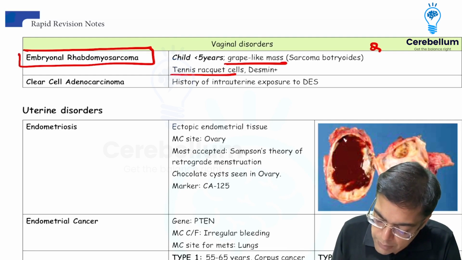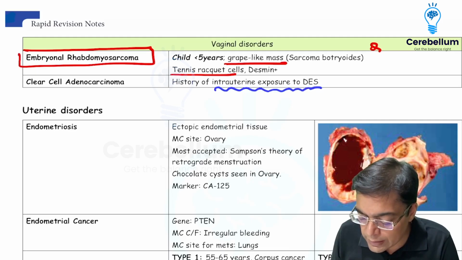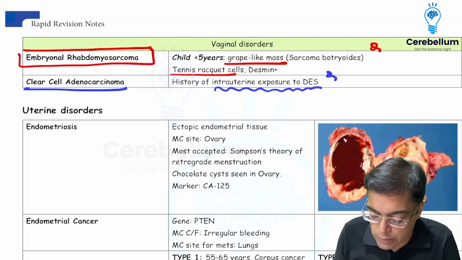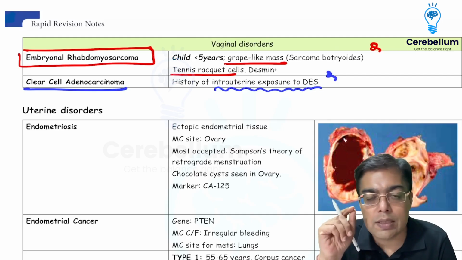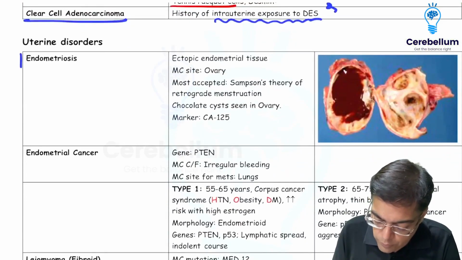The other one that we need to remember is something which is of interest to us because of the fact that there was an exposure to diethylstilbestrol, and that was responsible for having a definitive association with the clear cell adenocarcinoma in the patients. Having a word about the uterine disorders, one of the commonest questions asked in the exam